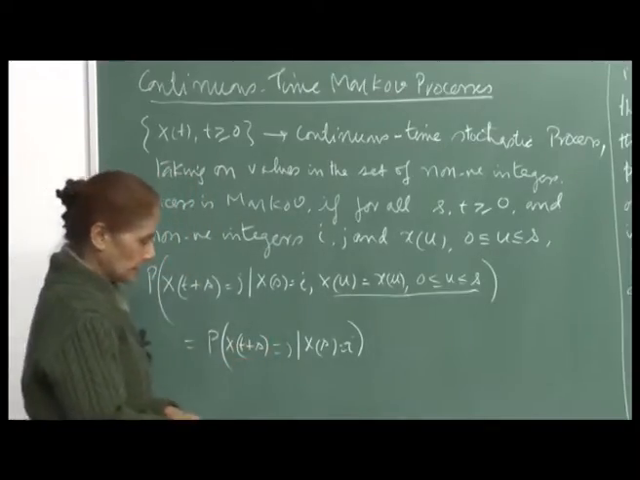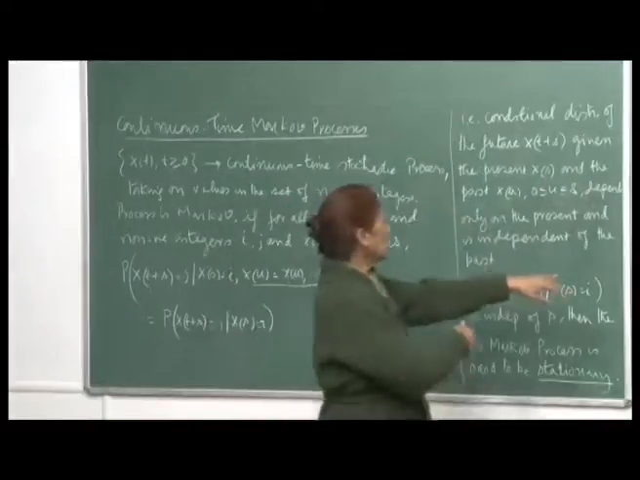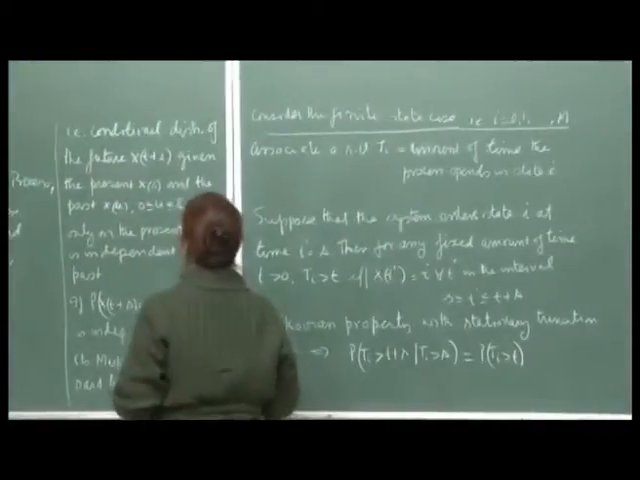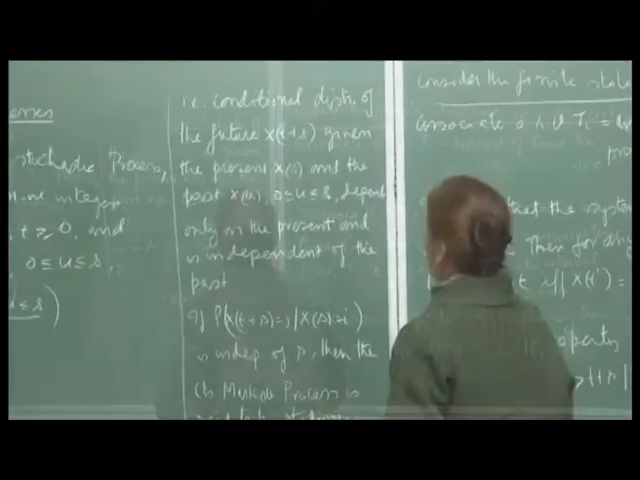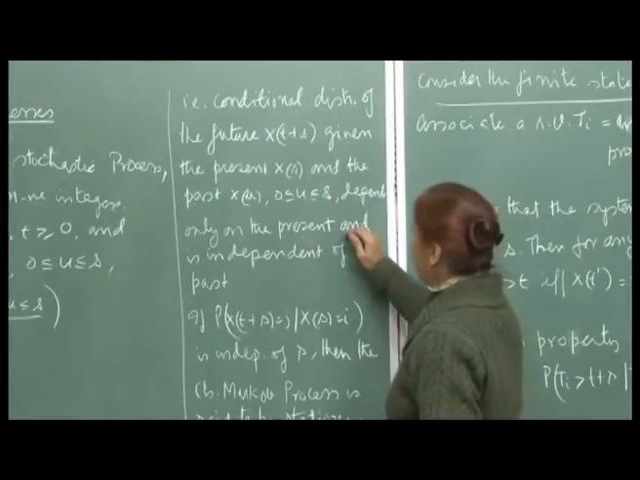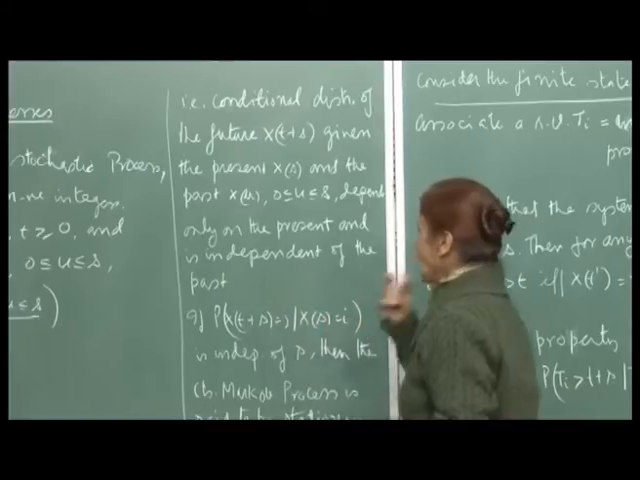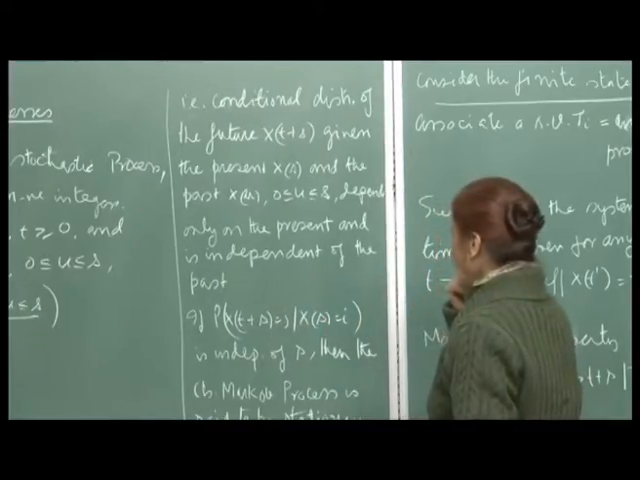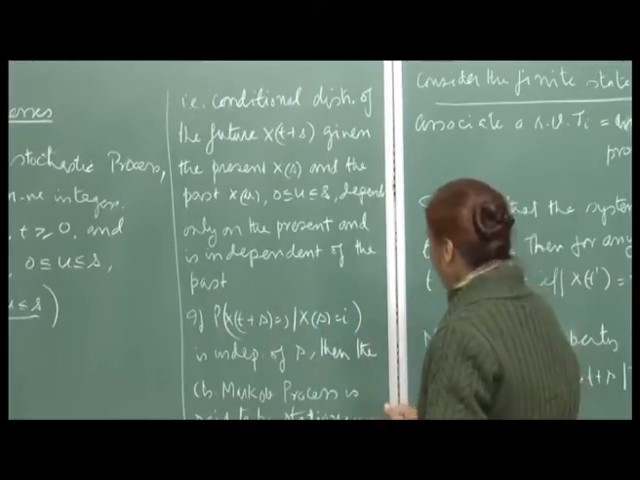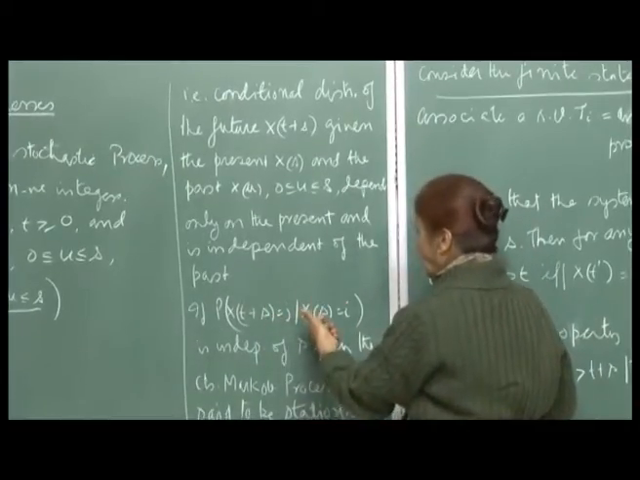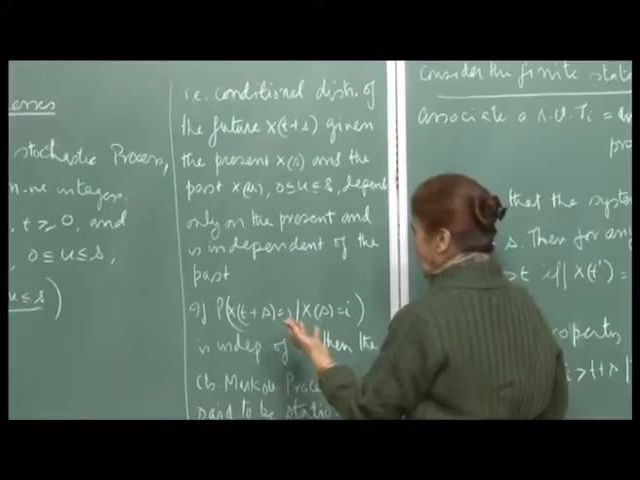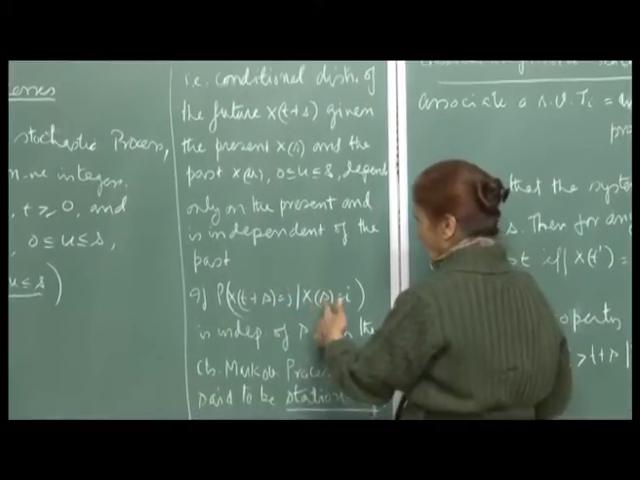Okay. Now, what I am saying in words here is that the conditional distribution of the future X(t+s), given the present X(s) and the past, depends only on the present and is independent of the past, right. And of course, if this probability is also independent of s, that means it does not matter what time,